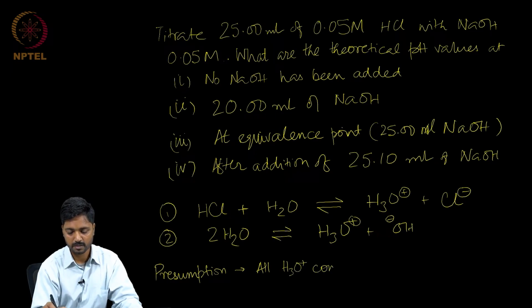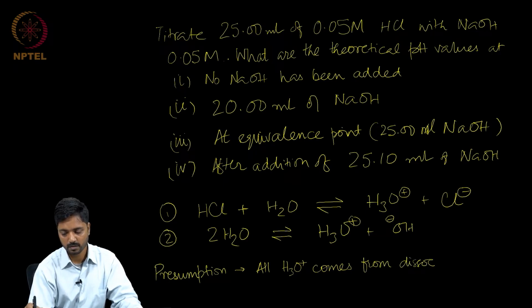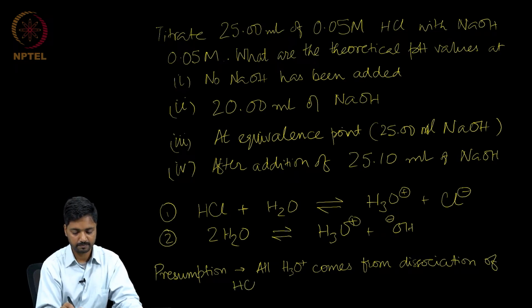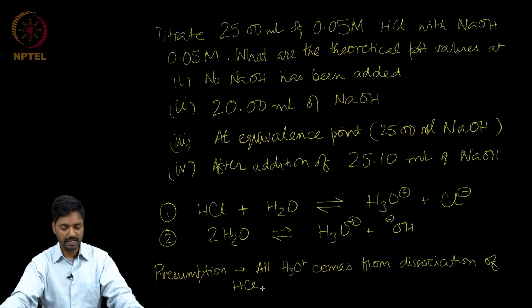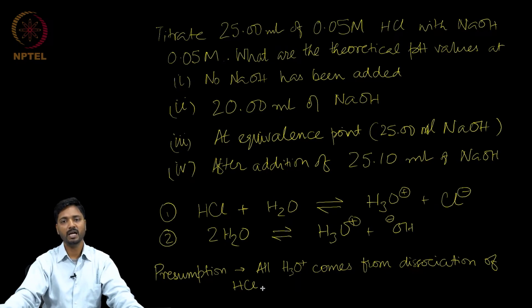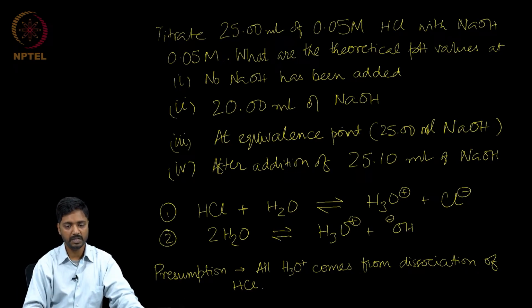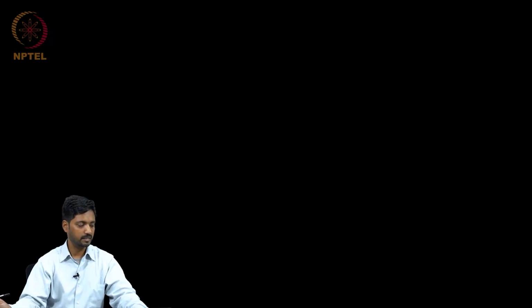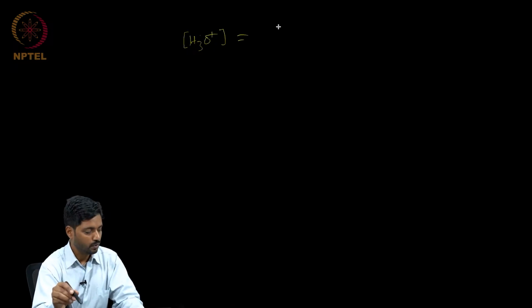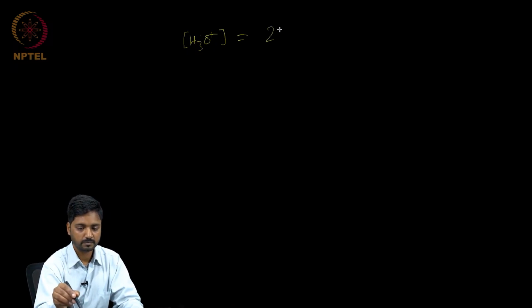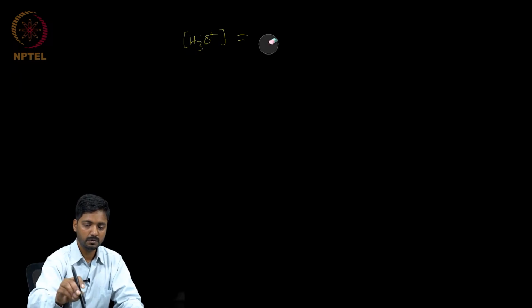All H3O+ comes from the dissociation of HCl. Now when we take this presumption, we can calculate the pH value of the solution at the initial instance, and that means that the hydronium ion concentration would be equal to